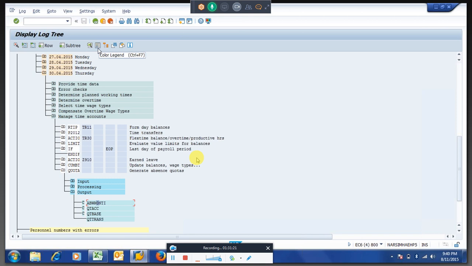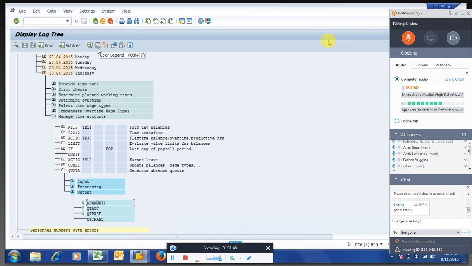Krishna, these time types are used only to generate quotas, or do we use them in other scenarios also? In many scenarios. See, that's what I am telling here. We created a single time type. This is the first class. Throughout the time evaluation, we will work on time types related to month balance, transfer to period, and how we are stopping. What is the use of these things? Why am I putting one in the first place and not in the second place? That is period balance. I can explain what it was doing when we work on that particular scenario.